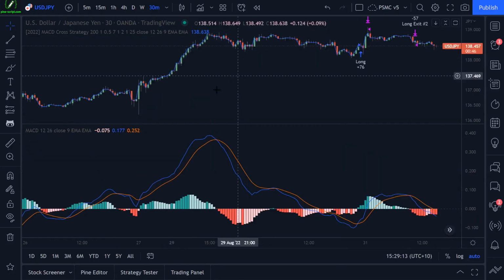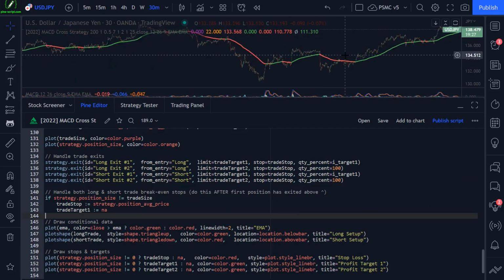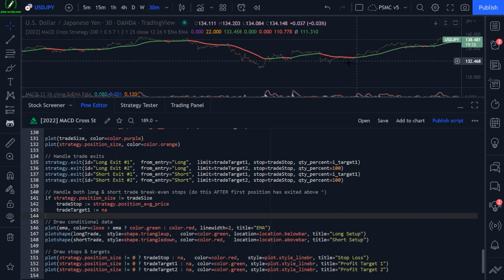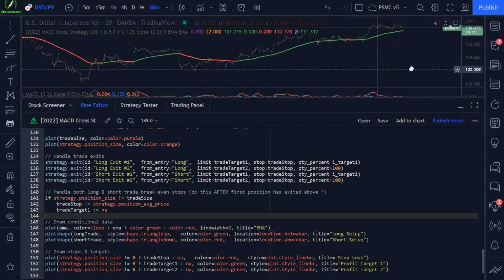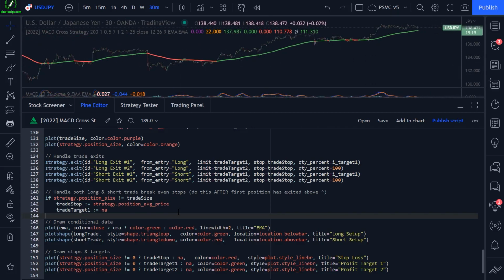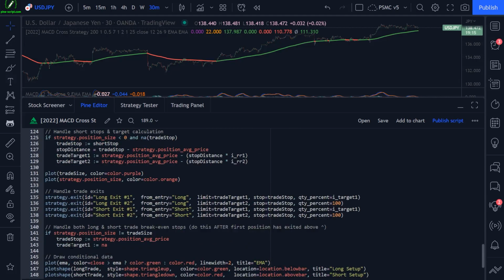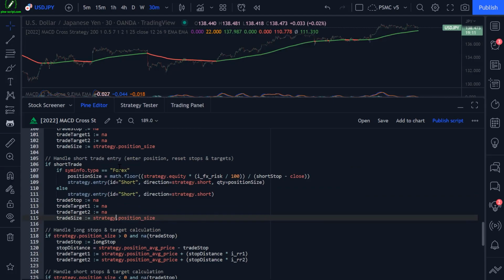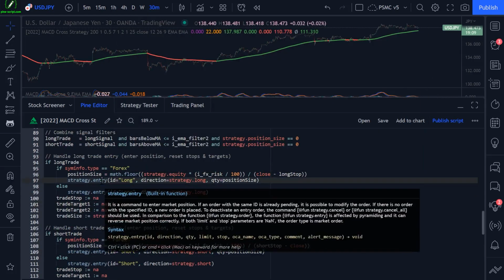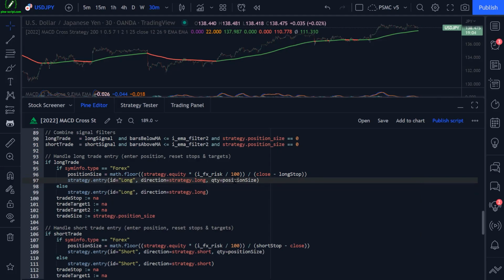We will now have, hopefully not a compiler error. And there we go. Although we do have an issue here, and our script is no longer taking any trades. And just after pausing for a moment, having a quick look at what was happening, what I need to do is move this new trade size variable. What I've done here is I've set it after we call strategy.entry, but our position size doesn't actually change until